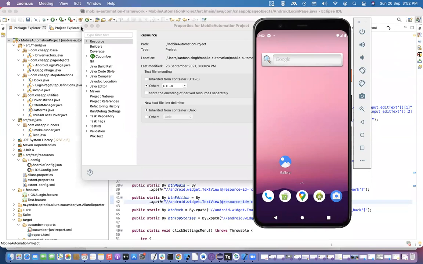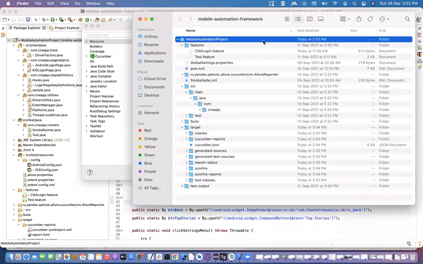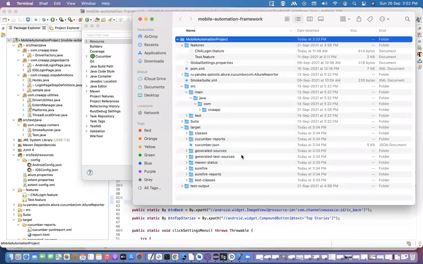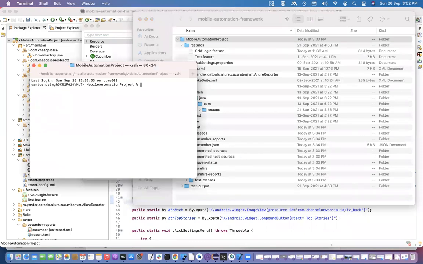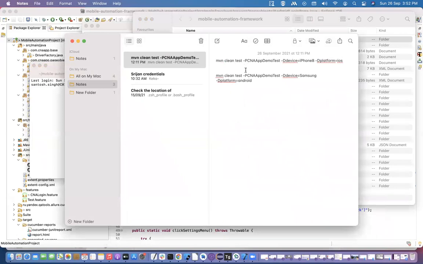Open the properties, then move here, then open the terminal. Which command have I used? I already have the command for the invite, so let me copy this command.